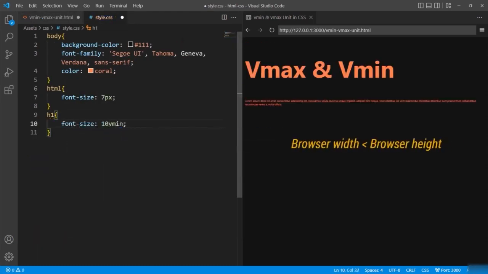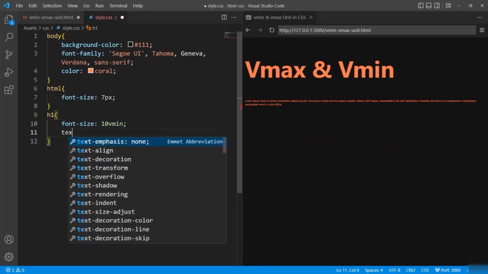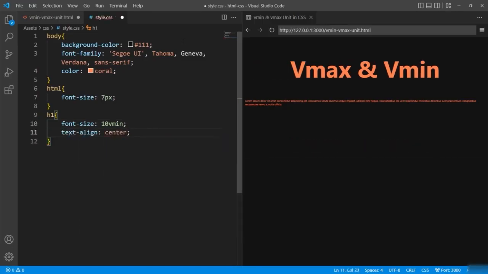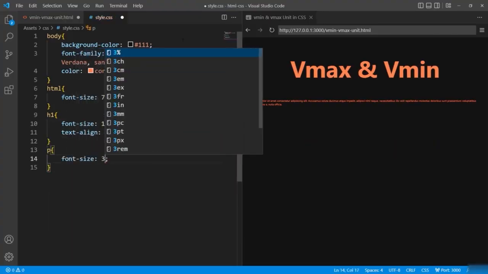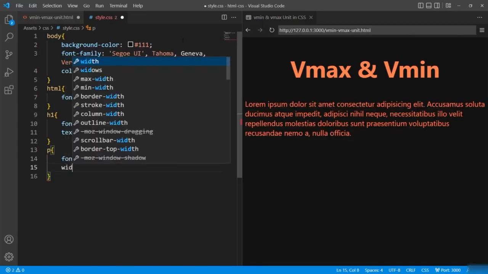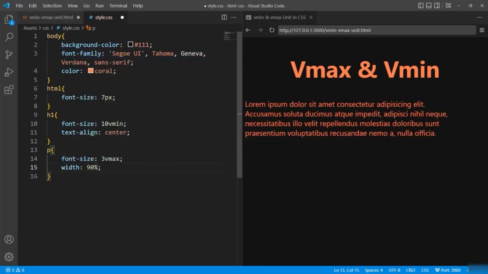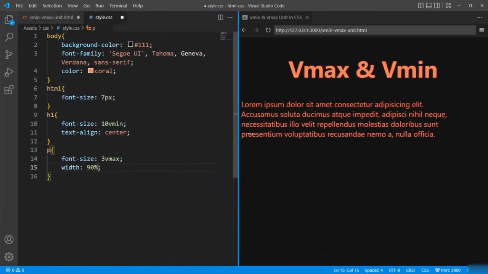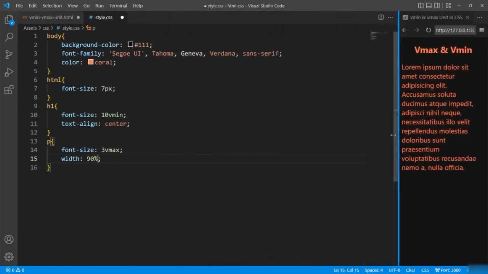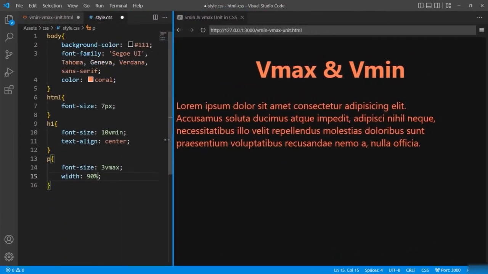It will consider the viewport of the browser window since I am not specifying any height and width to the document. Next, I will just align the heading to center. For the paragraph, I am giving font size 3 Vmax and width about 90%. Alright, now when I resize the window, you can see the font size is getting adjusted continuously as the viewport